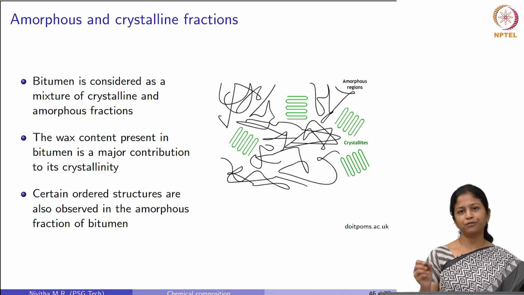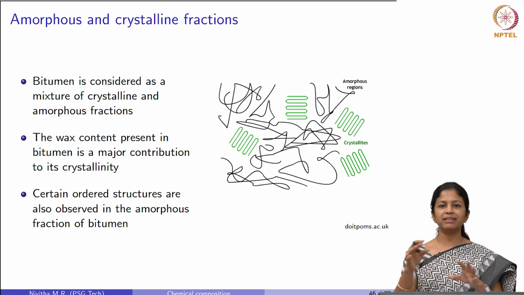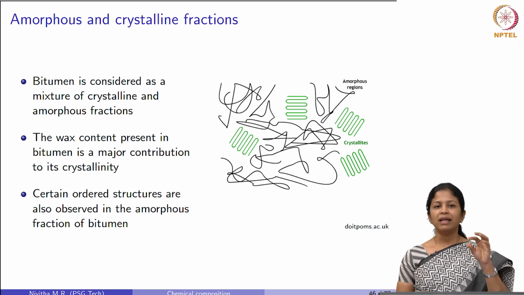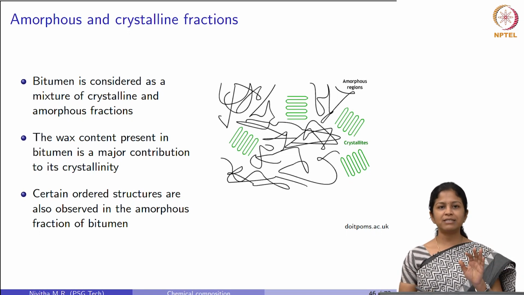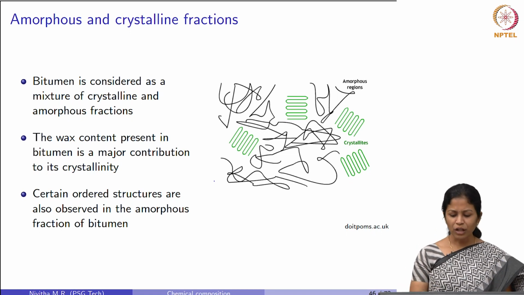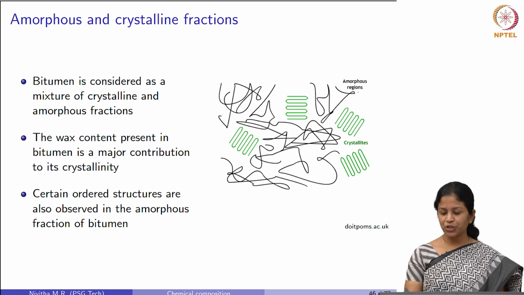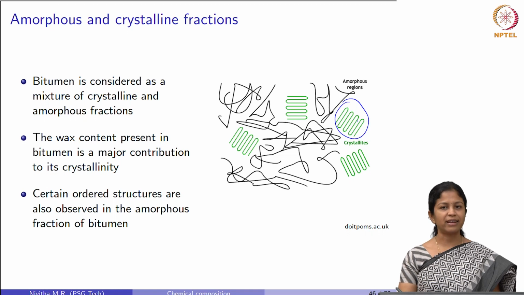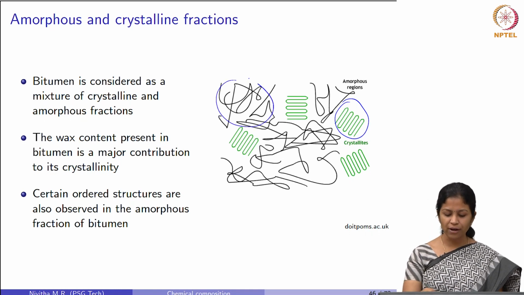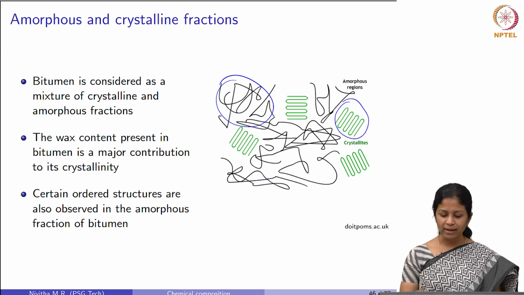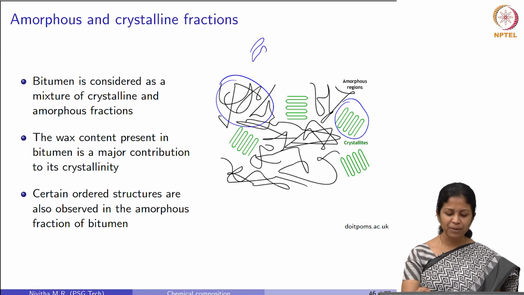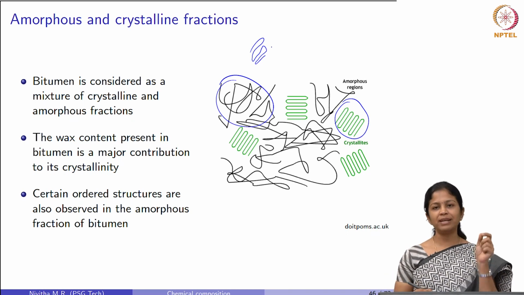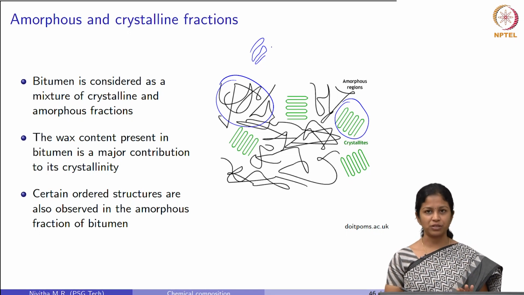It is of an ordered form, whereas amorphous materials are present in random. They do not have any orderly arrangement. But again, in some cases they might have some kind of orderliness, but still they are amorphous in nature. In this image, which shows the crystalline and amorphous regions, this is the crystalline fraction, and you can see how they are arranged in an orderly manner, and how this amorphous fraction is present in a random manner. Sometimes this amorphous fraction can be present something like this, where we can call it an orderliness, but the orderliness is defined differently for crystalline and amorphous fractions.